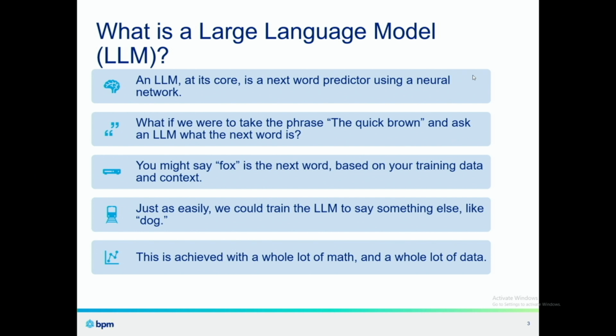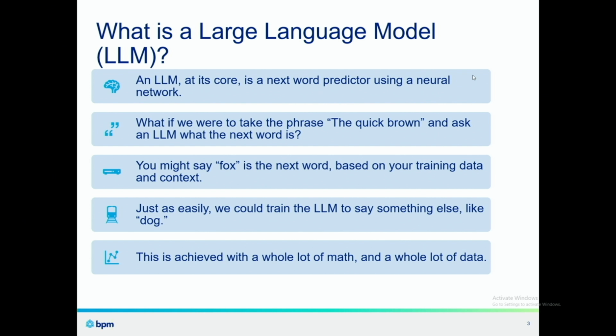Now, for native English speakers, the next most likely word is going to be fox. But if you're not a native English speaker, or if you're just being contrarian for the point of being contrarian, you might come up with something completely different. Pickle, ocelot, doesn't really matter. Just the same, the LLM, based on its context and the data it has prior, might come up with something completely different than that as well.